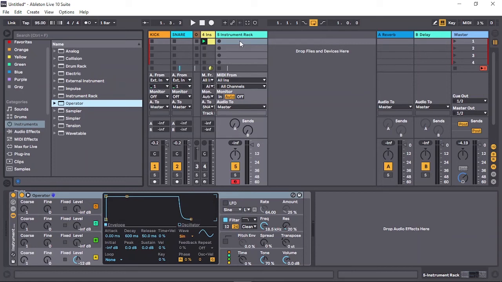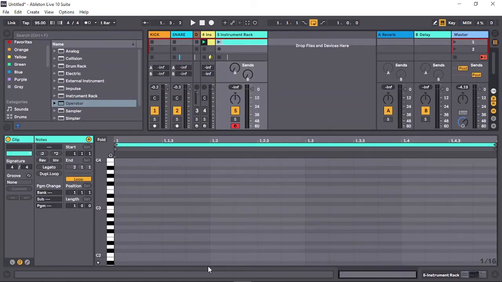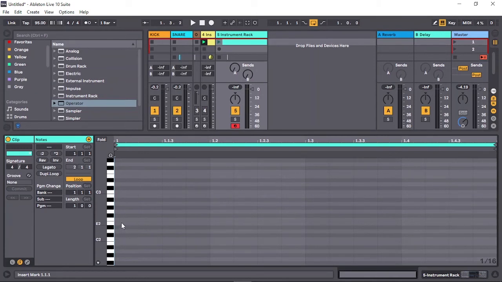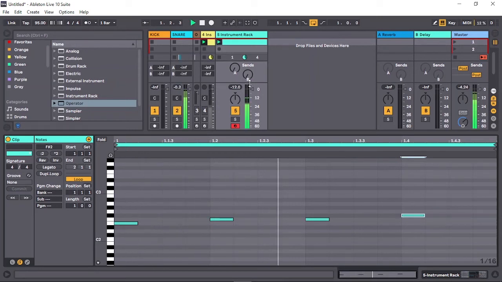To make hi-hats, the same principle. I'm going to make a clip. I'm going to put some notes in here. Let me just put them on the downbeats. I think that's it. There and there. And when we play that back,